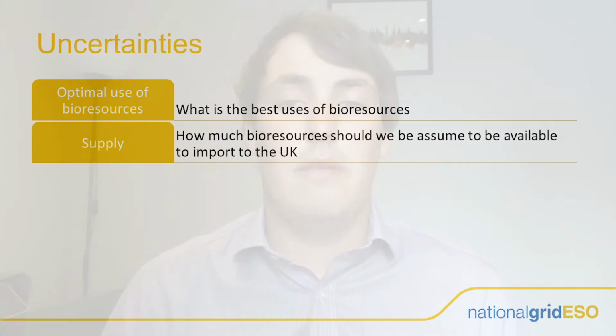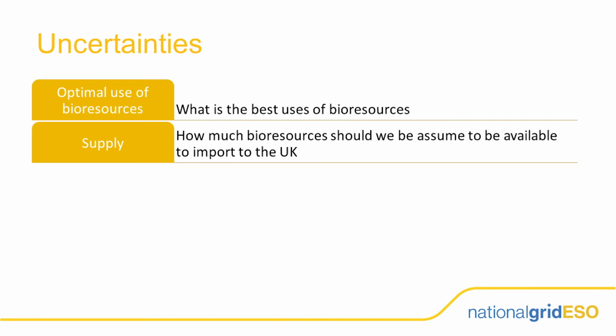There are some key uncertainties to talk about for bioenergy. First of all, the optimal use for bioresources. We've gone for a mix here between the three scenarios, but with a large reliance on BECCS and power. But there is definitely some uncertainty on what the optimal utilisation of bioresources is. There was a range of supply scenarios included this year, however there is still uncertainty around this range and can it be pushed further, and we would love to hear your feedback.